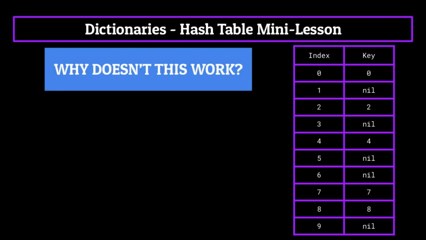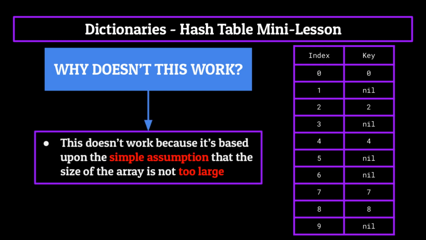Why can't we just use an array like this to back our dictionary in memory, since it looks like actions such as accessing and searching would run in constant time, since all the keys correspond to their table values in memory? All we'd have to do to get a value is simply reference the key at the index we're looking for. Well, this actually isn't the case, because it's based upon the simple assumption that the size of the array is not too large. Sure, this might work great for this dictionary where we have 10 or so elements, but